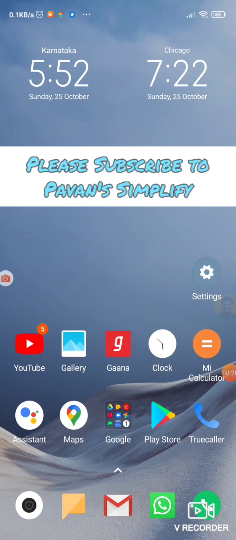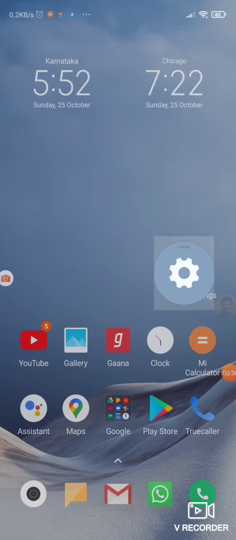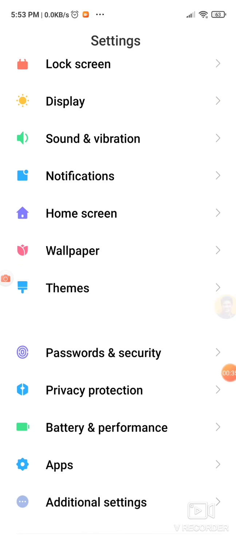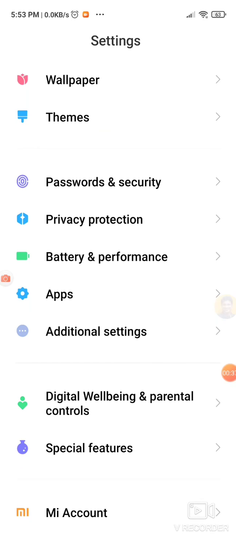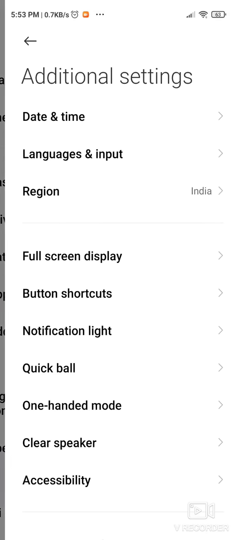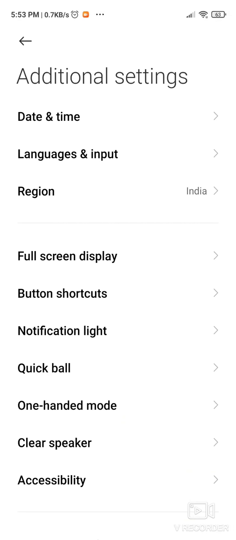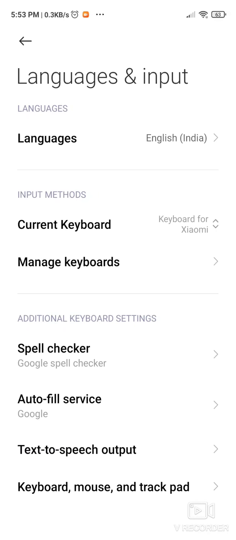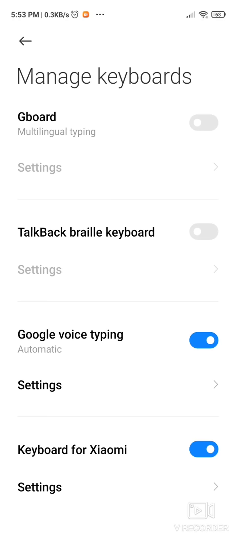Okay, here we go. First, we have to go to settings. Once we go to settings, there is an option called additional settings. In this, go to languages and input, click on it, and then you come to manage keyboards.